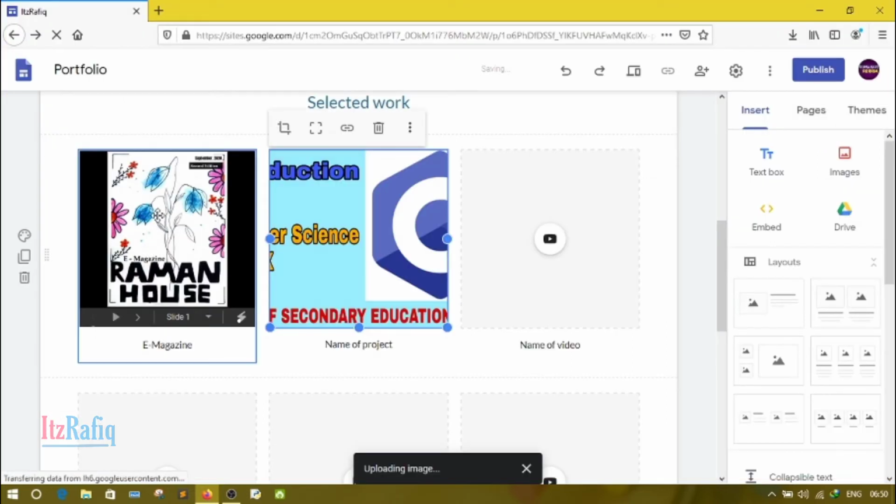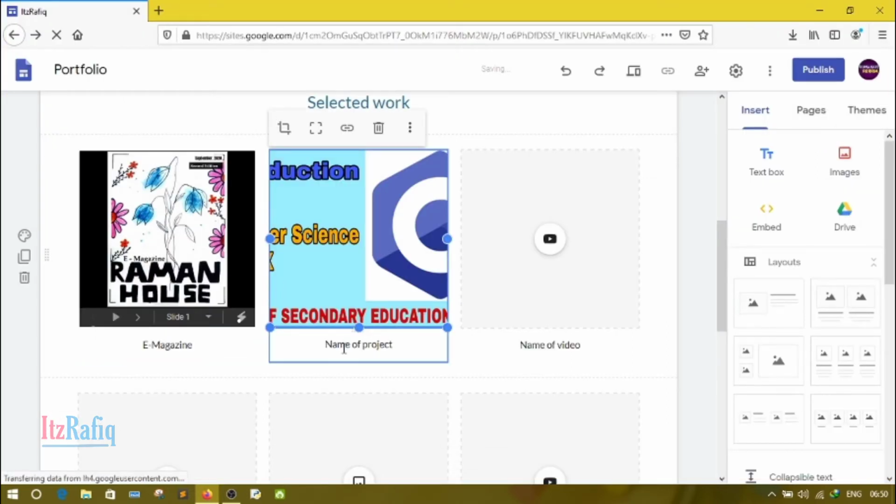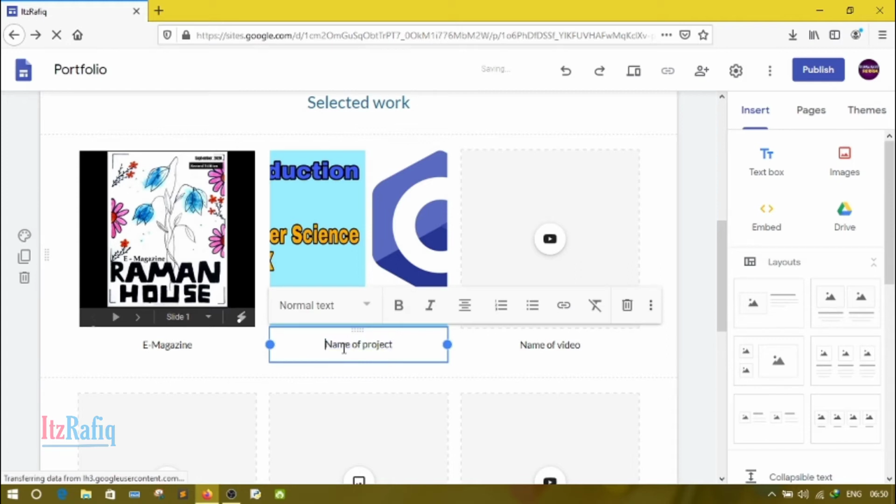Suppose I have just added one picture. Then the project name, like a simple app,